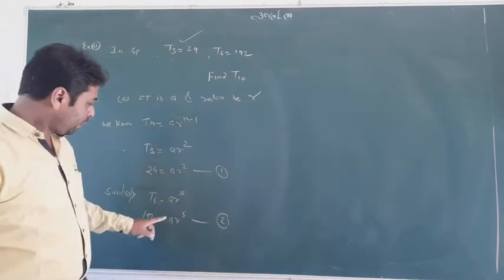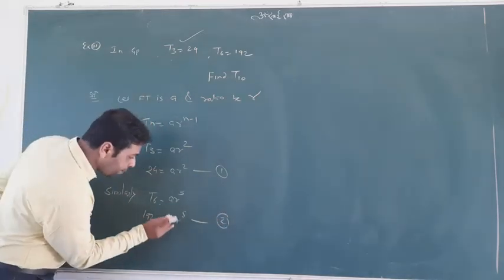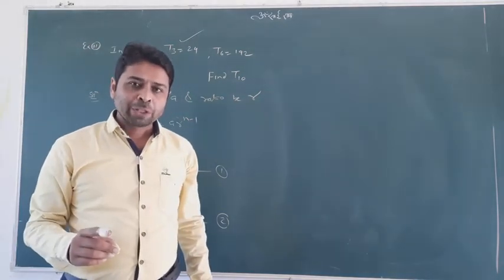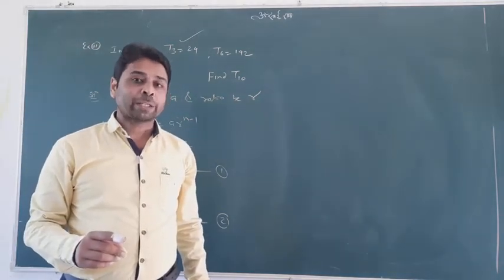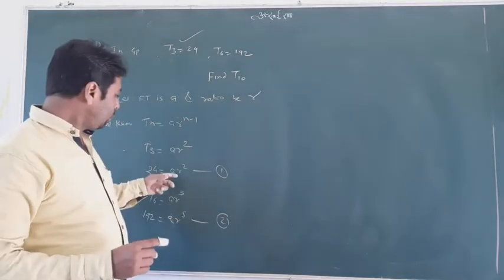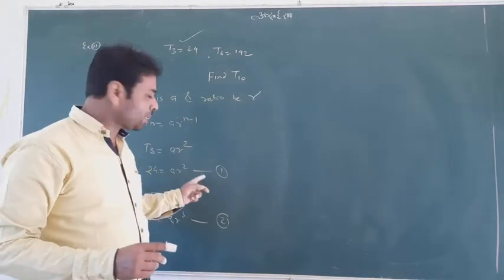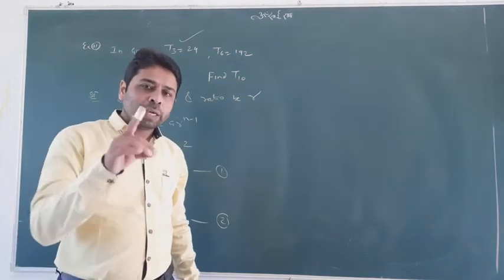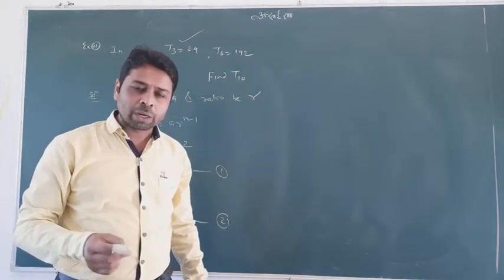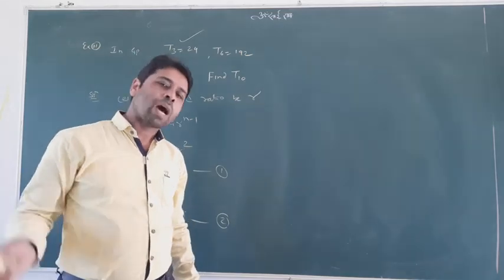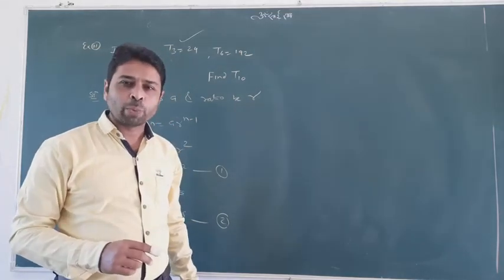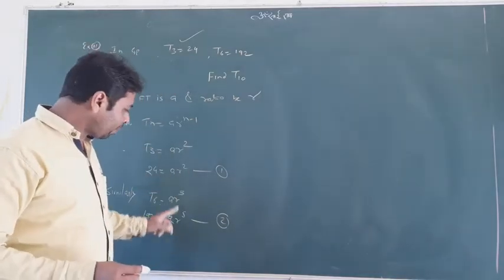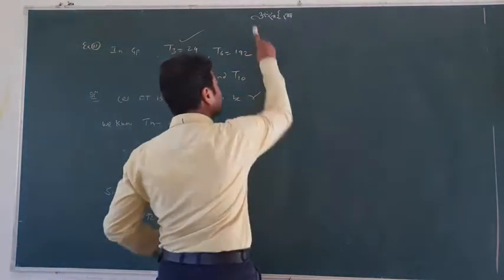Now what to do? We divide, look carefully. You remember in AP the same kind of question came. That time we used to subtract. We used to get A plus something D, A plus something D, and we used to subtract, then A cancels, and we get the value of D, and after substituting the value of D in one of the equations we get the value of A. Same here, we will not subtract but we will divide. So what will we do? Look at it.